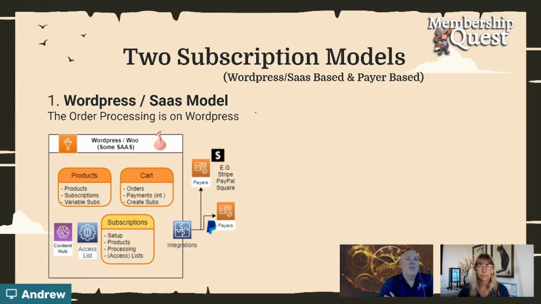And now WooCommerce is the main kind of cart system for WordPress. And it's installed on many servers, as well as it's free. However, when you work with subscriptions, there's two ways to do this. There's a lot of variance here, but I would say if you're doing this model where all the order processing is on WordPress, then your cart is on WordPress, and we'll talk some subtleties here in a little bit. And so you set up your product, you set up your cart, and then